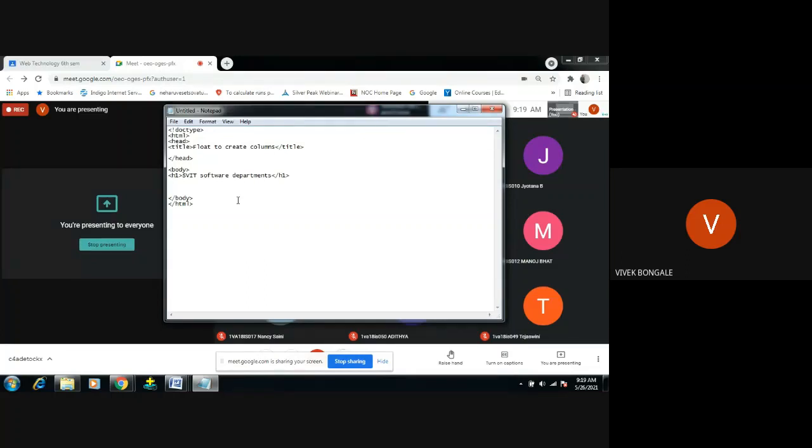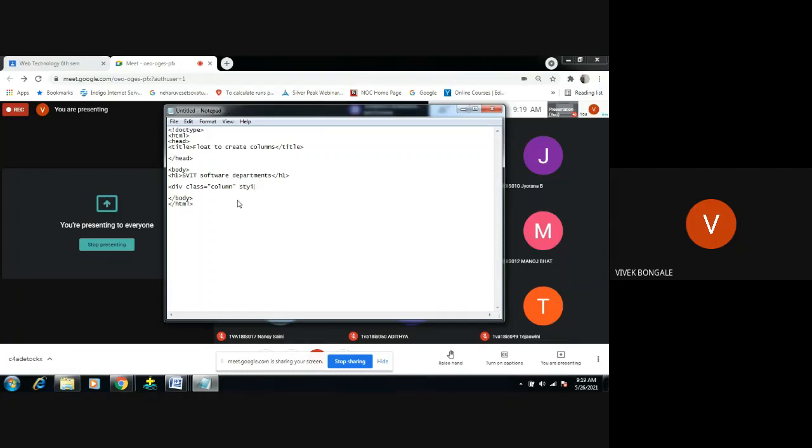So what I will do is create one div. I'm trying to create a container here. So div class equals, and I'm giving the class the name column, because I'm trying to create a column here. That name suits it, that's the reason I'm giving the column name. You can give any name over there.